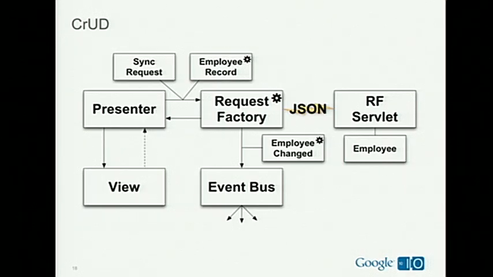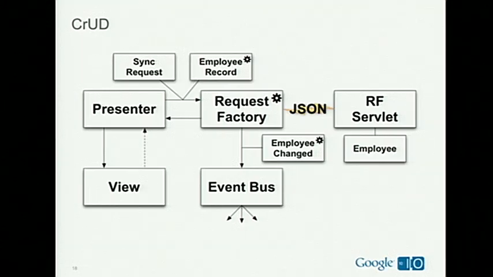So when it's time for me to change one of these things, we've got convenient methods for me to say, I'm a presenter and I'm working on an employee record. I know an employee record has a bunch of properties, like its name, like its boss, like its display name. I'm going to set those up, and now I want you to sync those to the server for me. The code that you don't have to write that we provide looks at the properties that you've changed. It takes just the difference between those and the properties that were actually received on the last request, and sends that delta back down to the request factory servlet, where it calls the standard service methods,